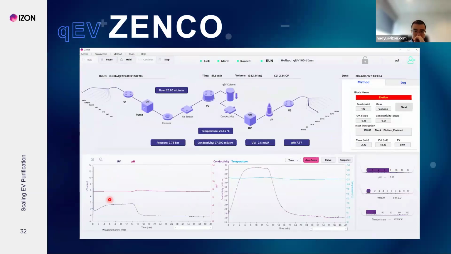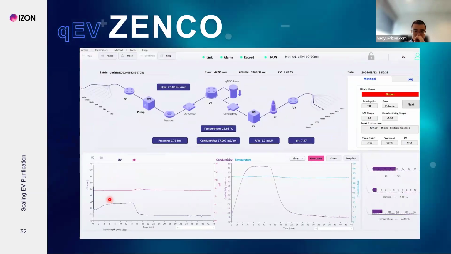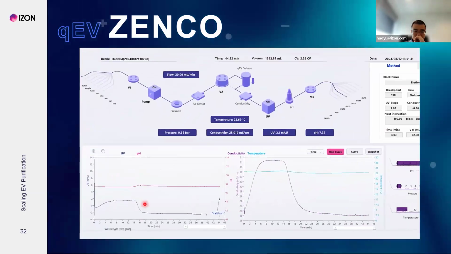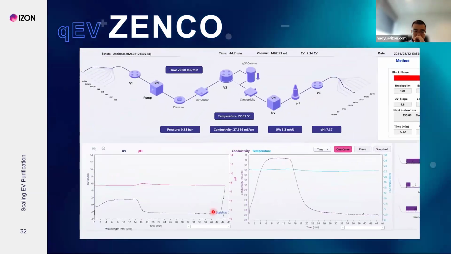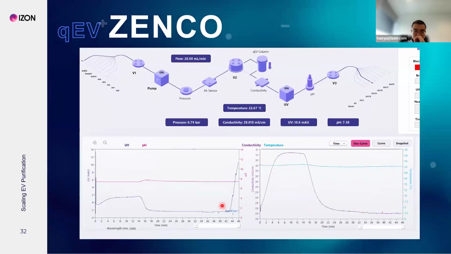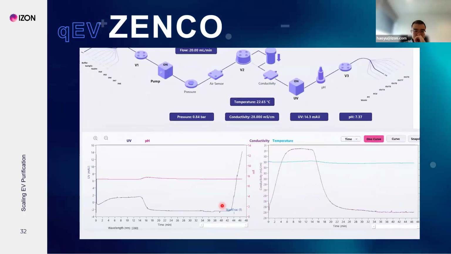We are now at the point where we have already primed the column, and we're now eluting the sample. You can see the UV reading rise, indicating the start of the peak in particles. You can use this UV trace to check that your sample is eluting as expected, and to identify any issues early on. In this case, we are isolating extracellular vesicles from plasma, and we have entered our desired purified collection